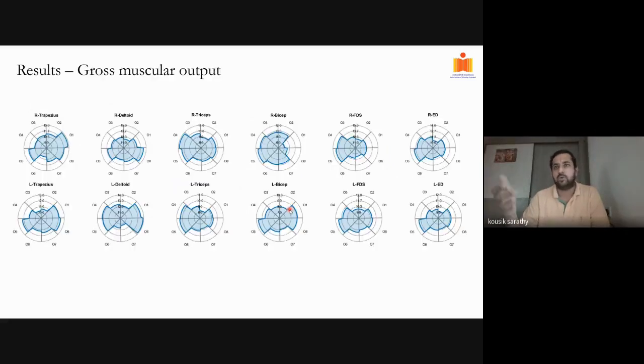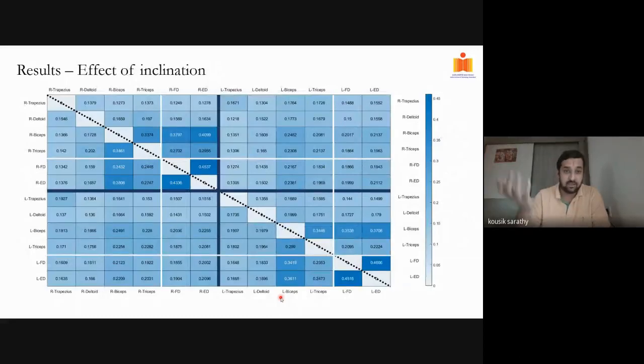So this is the gross muscular output and how output changes with respect to the direction. So I'm not going into these. We could also look at how synergies, or IMC, the intermuscular coherence between muscles, changes. You can typically see that there is an increased coherence between the anti-gravity muscles, especially the triceps, biceps, and so on. The top half is with a 30-degree inclination, and the bottom half is with a 0-degree inclination. We did not see a significant difference, but we can see patterns emerging. But we need to study this data more before we can make comments on that.